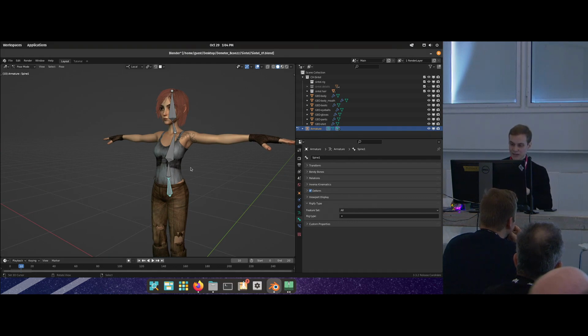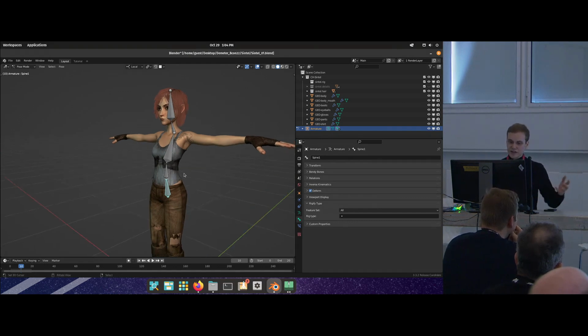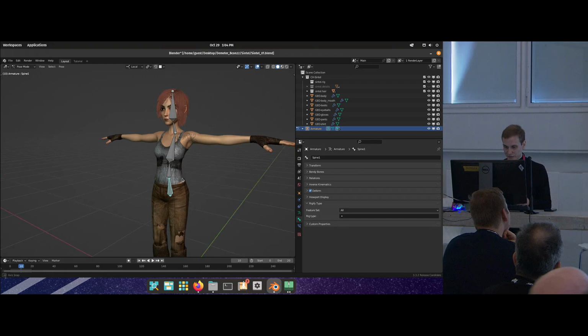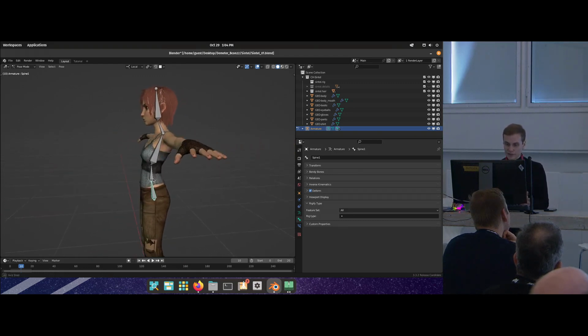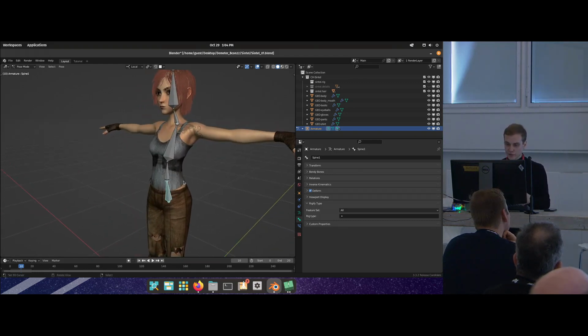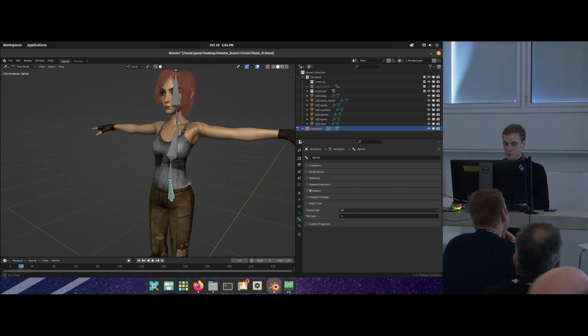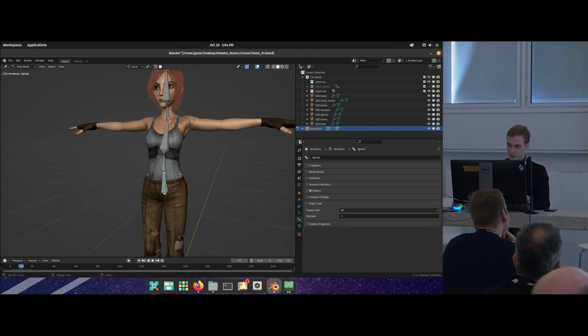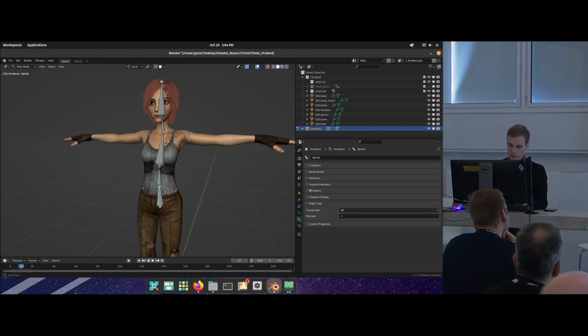Not MetRig, MetaRig, as in like a rig within a rig, which is not what it is at all. It's more like a rig that will define the behavior of another rig, which I will refer to as the generated rig or the control rig. So for the MetaRig, our goal is to just place the bones to find out where the character's joints are going to be